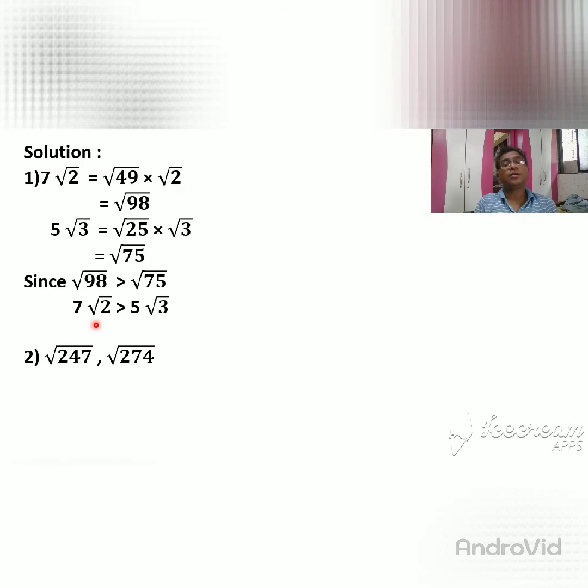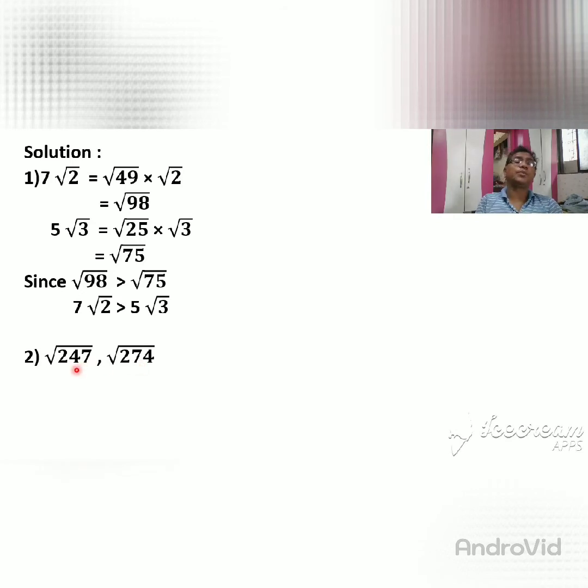Then we are going to learn another problem that is given to you and that can be seen on the screen. What is order 2? So the order of both numbers is 2, 2. So it is only comparing the square root numbers. Which is the square root number, 247? Which is the square root number, 274? In this problem the order is 2, so both have the same order. So we are comparing the square root numbers.